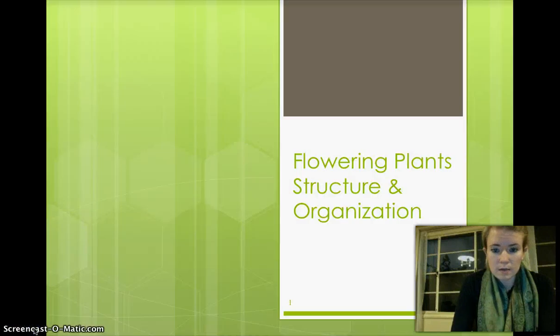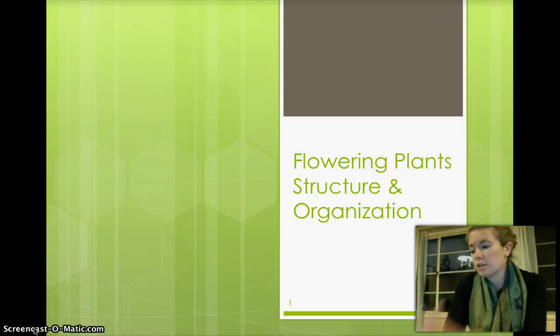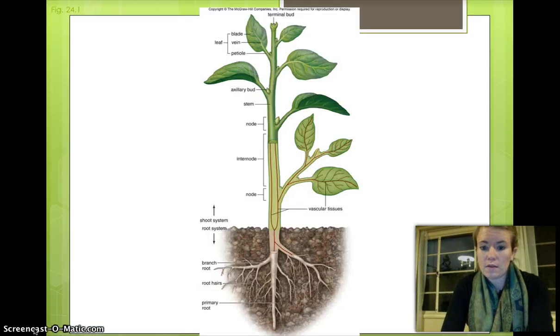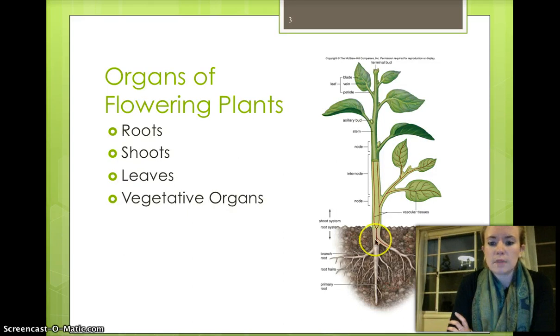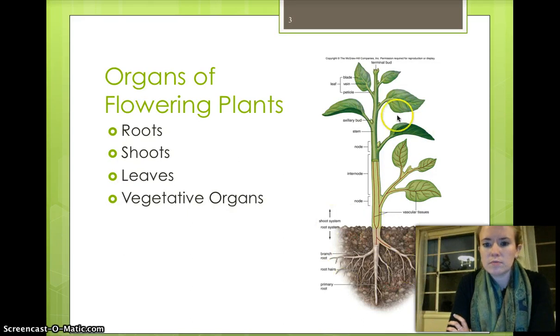So now we're going to talk about flowering plants and their structure and organization. These are all things you might have heard about before, but now you're going to be really familiar with them. So here is what our plant body looks like, and you're going to learn about all of those words on there. So first, we have our organs of flowering plants, and this is broken into the roots, the shoots,